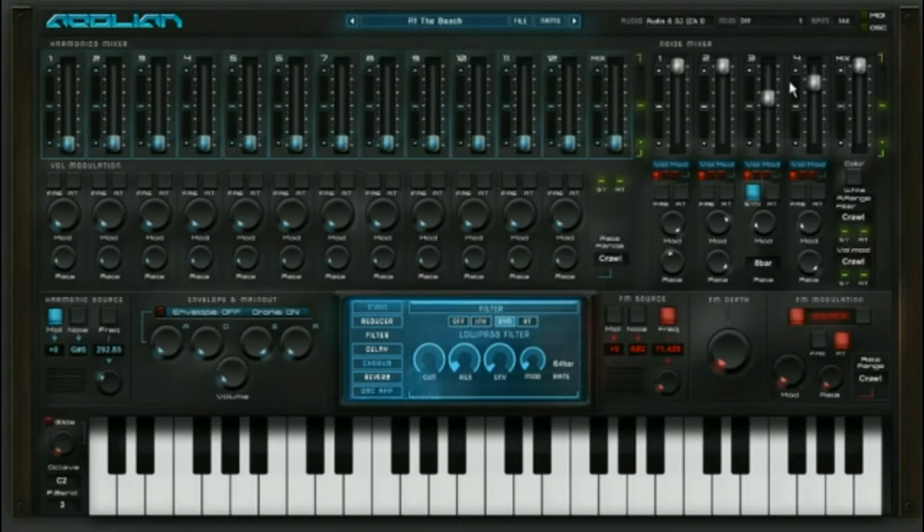Now let's hear them one by one for a minute. So this one is totally coming in and out, all of them basically. When you start mixing them,